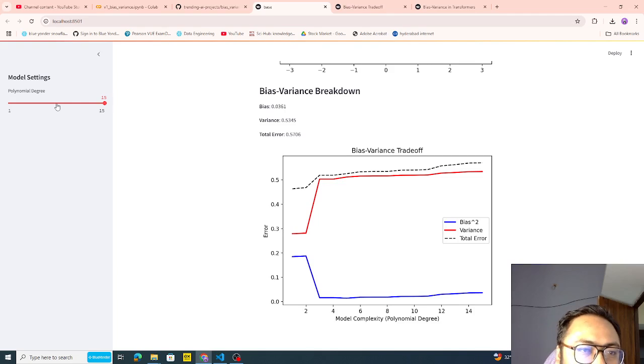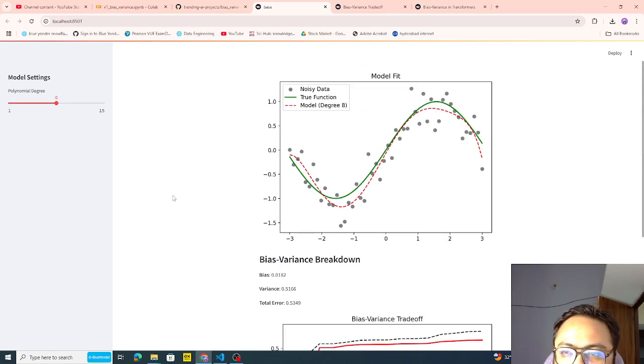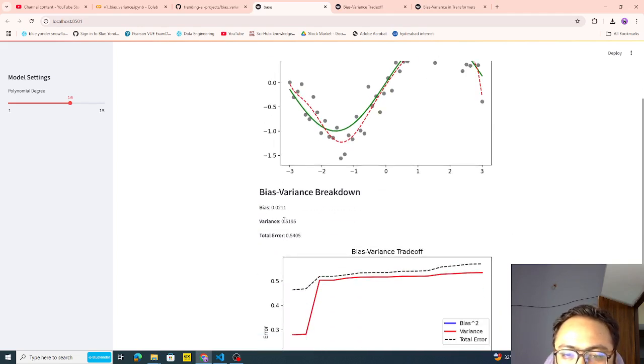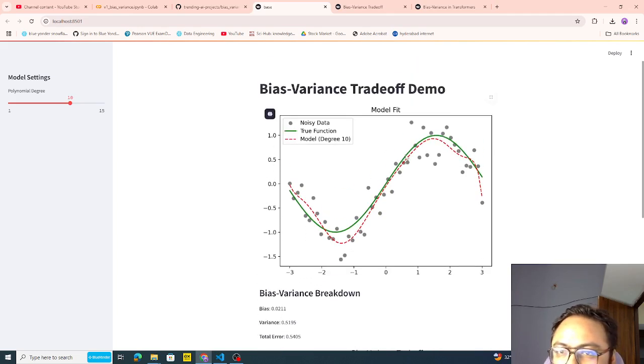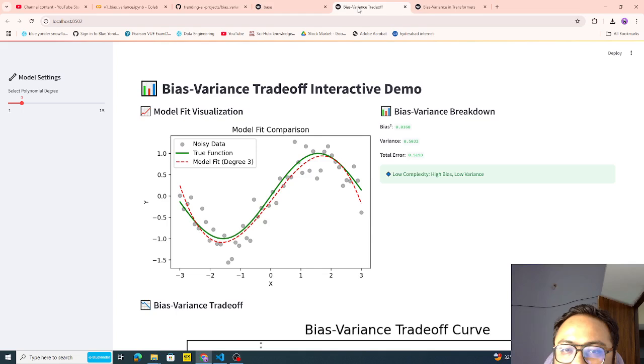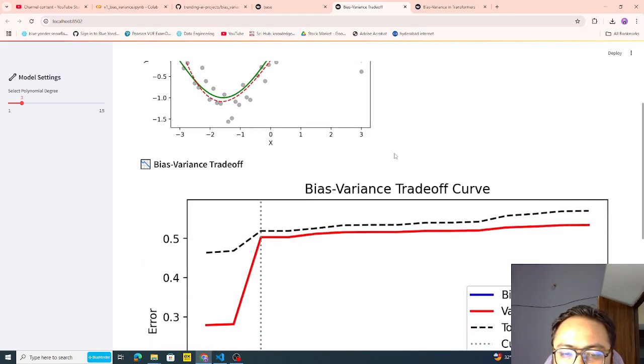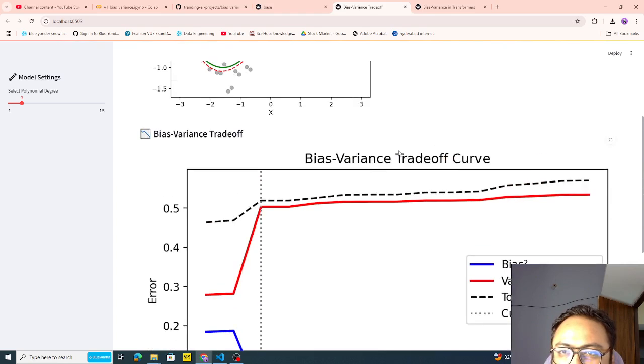Okay, so if I keep it as middle portion, I can see again this model with 8 degree, model with 10. You can see all the bias and variance. You can play around with it. Okay, similar thing that I have built again here. This is another application where it will give you all the bias variance breakdown